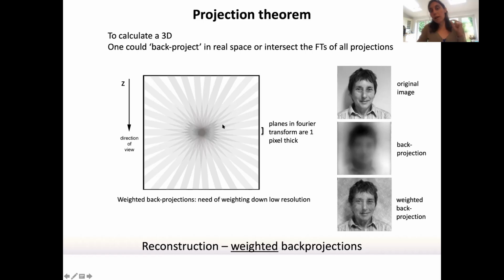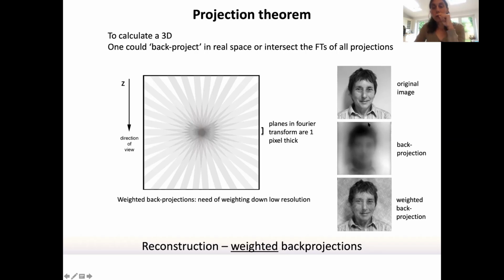So because we are dealing with digital images, when we intersect all of these Fourier transforms in 3D, they're going to be 1 pixel thick, which means that they will carry the information in the center many, many more times than they will carry information close to the edge of the Fourier transform. So the information that is at low frequency, close to the center, will be up-weighted with respect to the high frequency information. And in fact, if I simply do a back projection of this image, this is Helen Sable here,